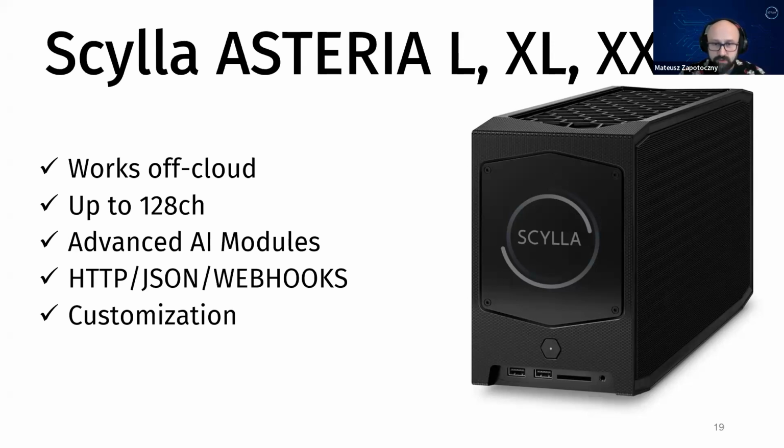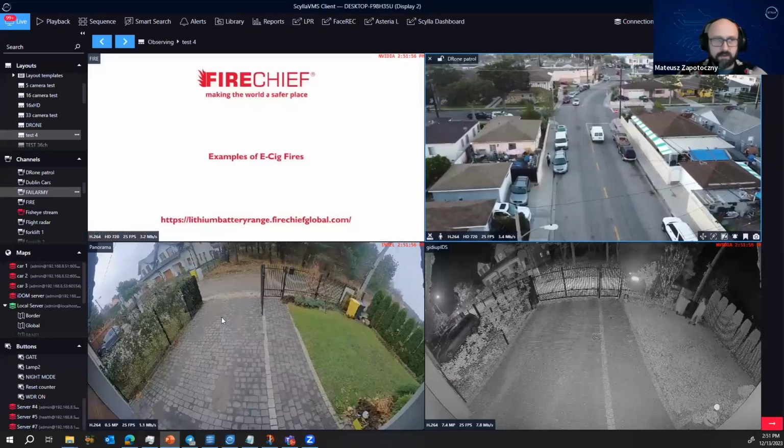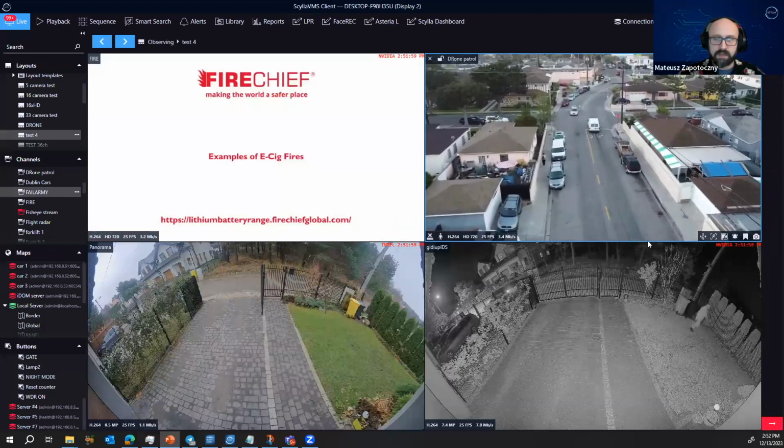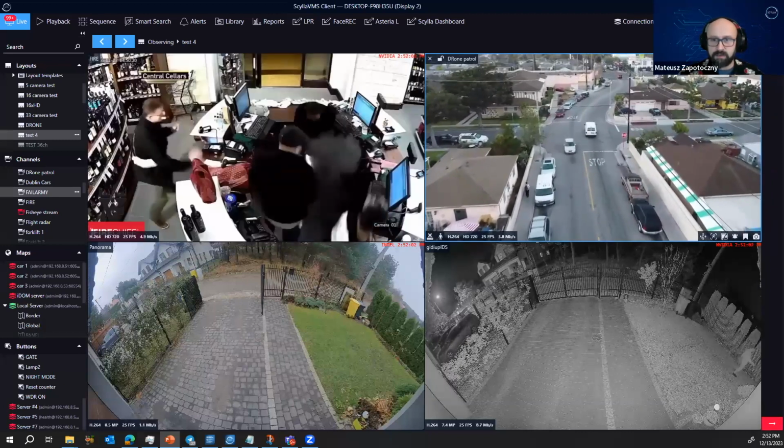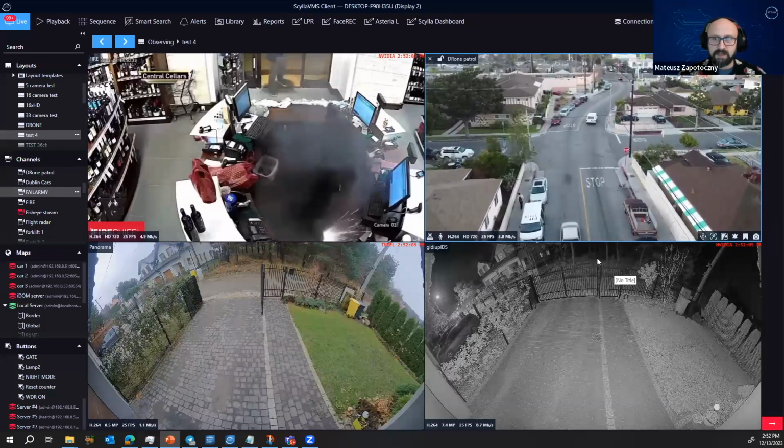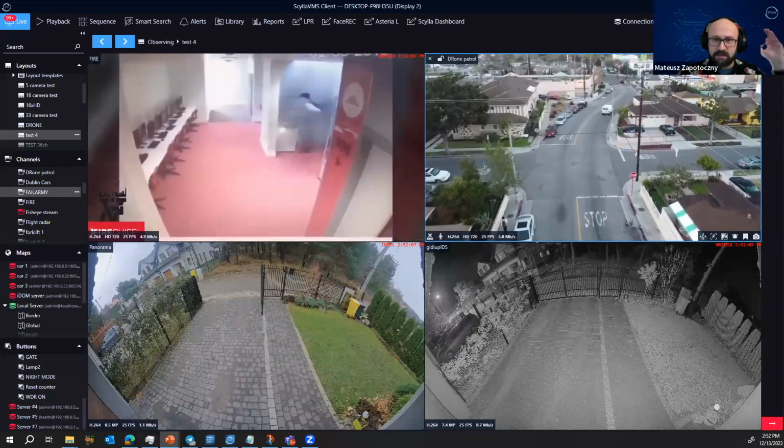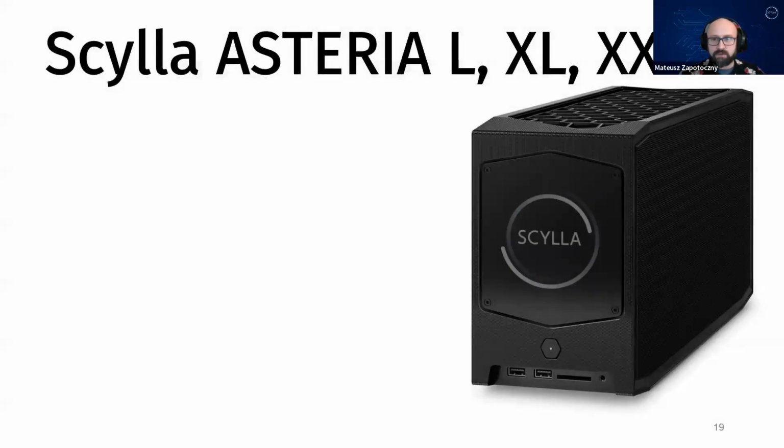I see that we have a question from the chat. Okay, I see that those options are available in the new VMS systems. Please tell me more about the advantage in comparison with the VMS. This is completely different. We are not talking about the VMS. VMS is video management system, so it's designed to display the cameras, to manage the cameras. Of course, we also have a VMS to support this one, and I really highly encourage you to check our webinars about the VMS. But when we talk about the analytics that we have on site, we are not talking about